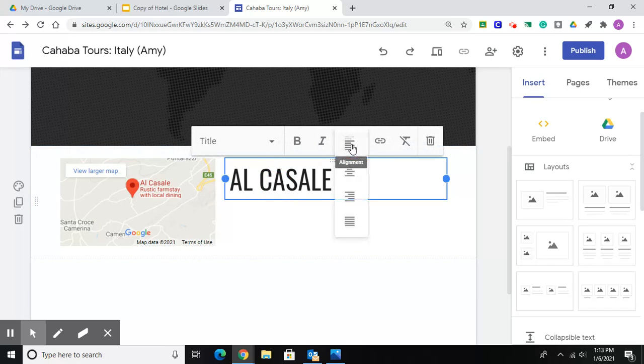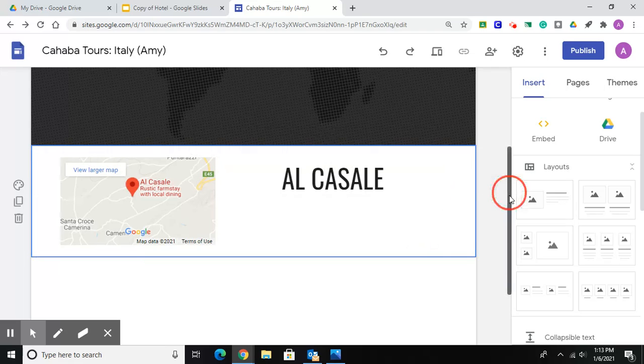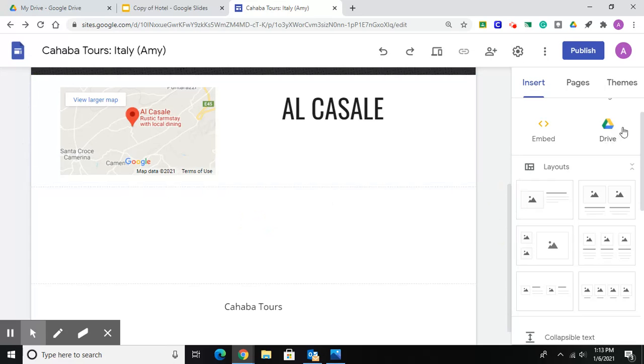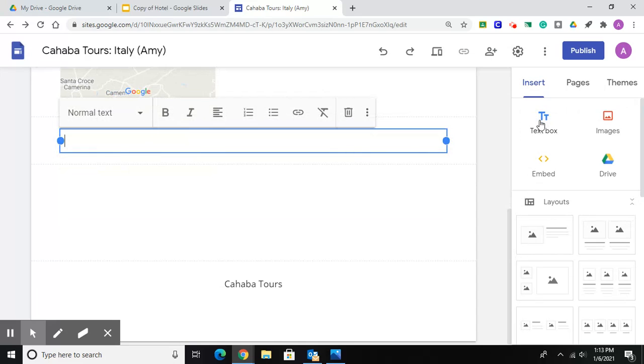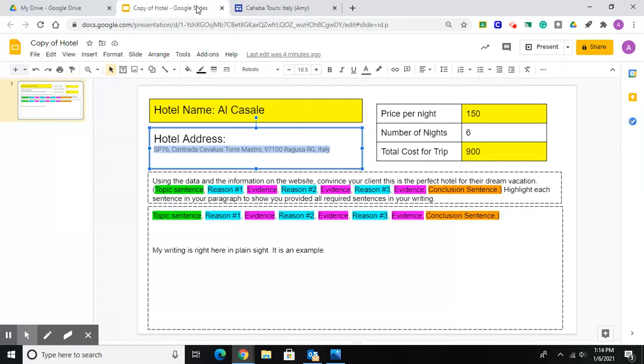I just really like centering up things, especially those headings and such. So center that up. And then down here, we have some open space. So I'm going to go up to text box, and I'm going to insert a text box there. Okay, so inside this text box, you know where I'm going with this one. I want you guys to,